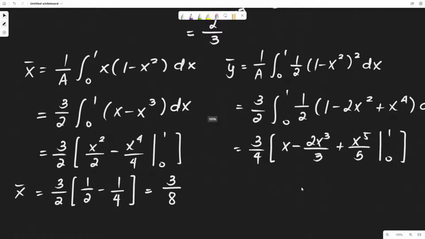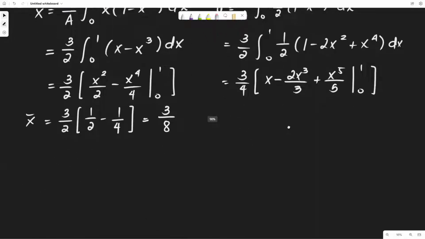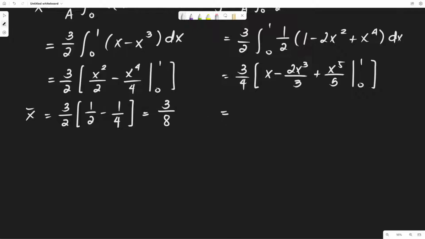Okay? So therefore we have 3/4 times 1 minus 2 over 3 plus 1 over 5, minus 0, because 0 minus 0 plus 0 is still 0. So it will not directly affect our function. Okay, so we have